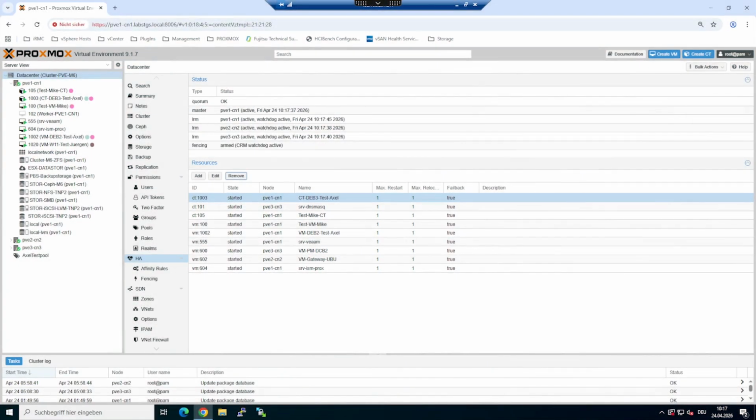For business-critical workloads, Proxmox VE offers high availability. In a cluster environment, if a physical host fails, Proxmox can automatically restart your virtual machines on another active node, minimizing downtime. In the HA tab of the cluster view, you can add resources